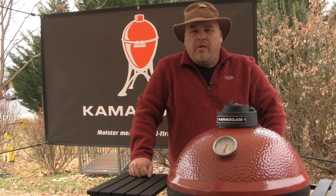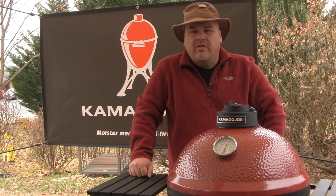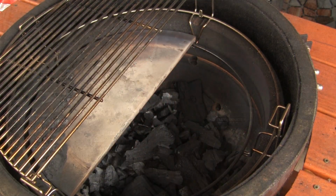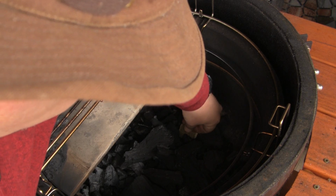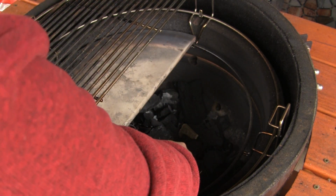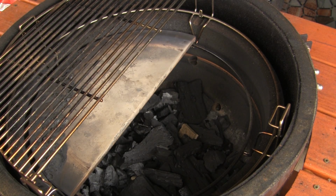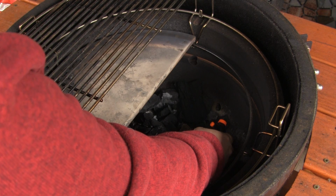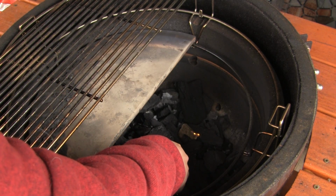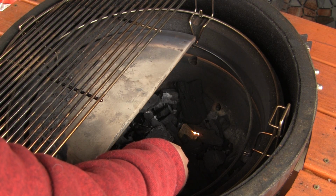Today we're going to fire up the Big Joe with some 2-zone cooking and cook a batch of beer braised brats. So let's get started. The first thing we're going to do is take 2 of my Kamado Joe fire starters and put them on half of a charcoal pile here on the Big Joe, and I'm going to use my torch. We're going to light these up and let the cubes burn for about 10 minutes with the